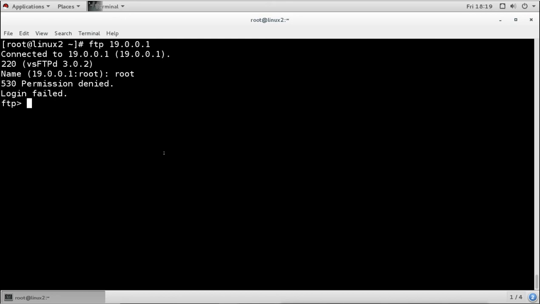But if you want, you can allow the root user also. And you can also deny some other user by using the same configuration we use to deny the root user. So if you want to allow the root user or deny some other user, you can use the same configuration. And for that, you can go to the server.